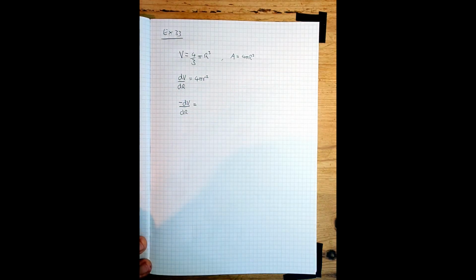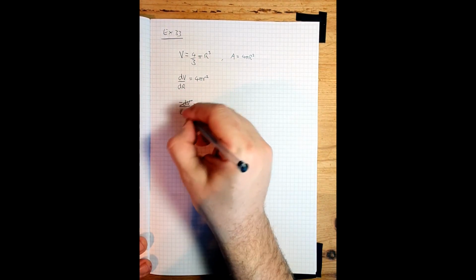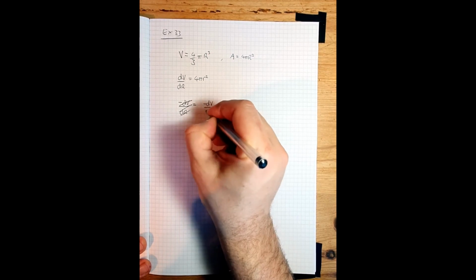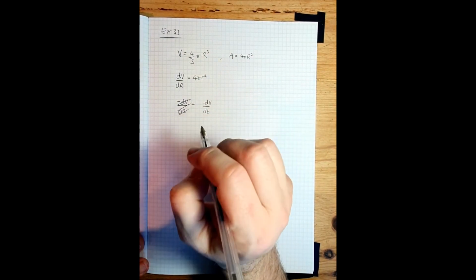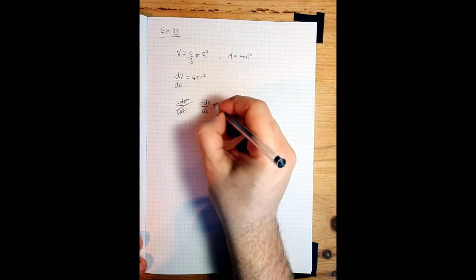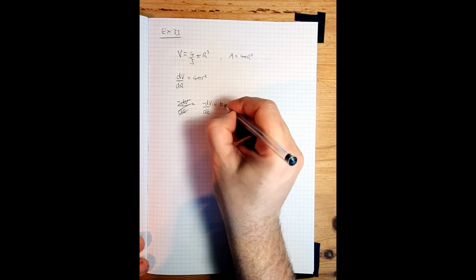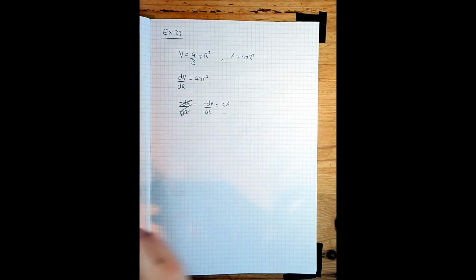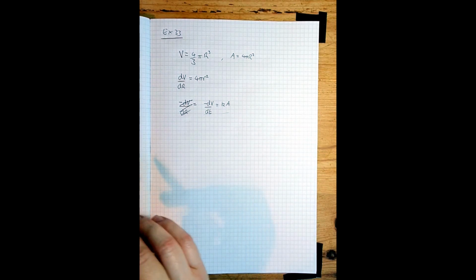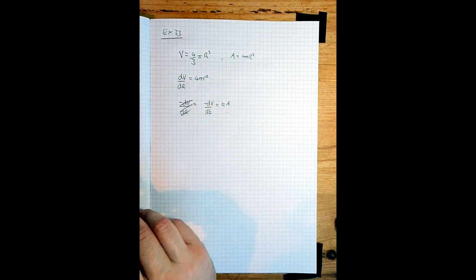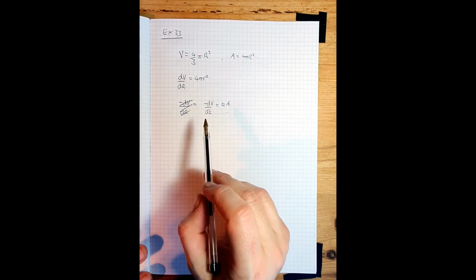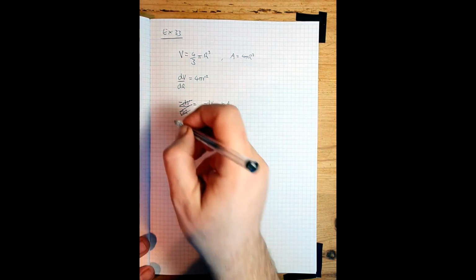It's minus dV dt, I apologise, a rate proportional to its surface area. That's what the first sentence tells me. The rate of loss of volume is proportional to its surface area. Okay, so dV dt then